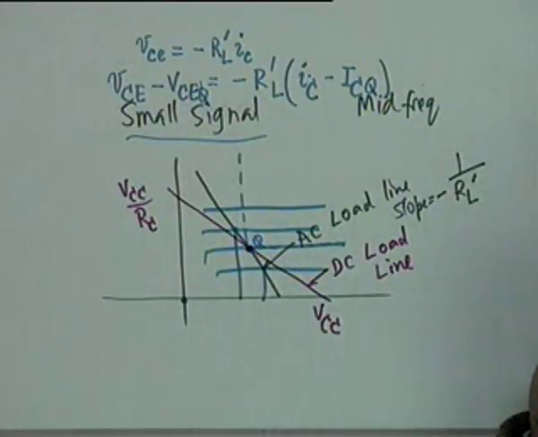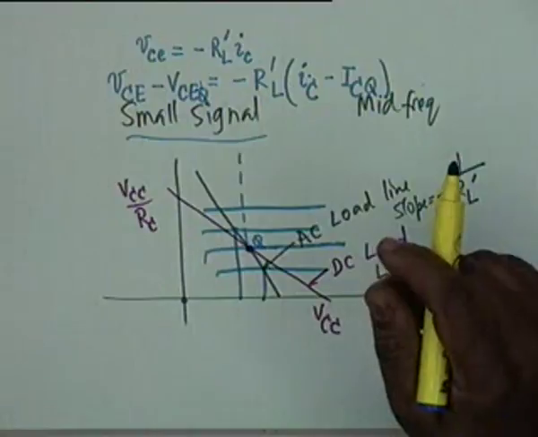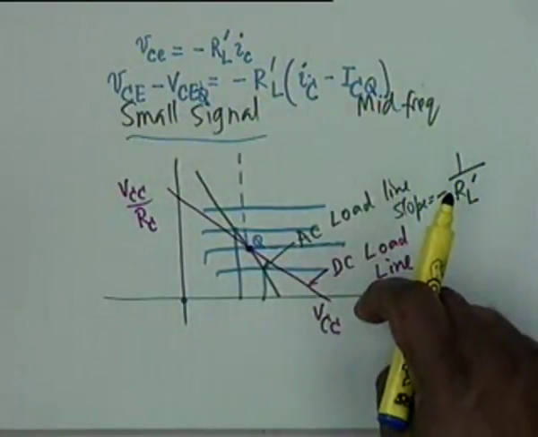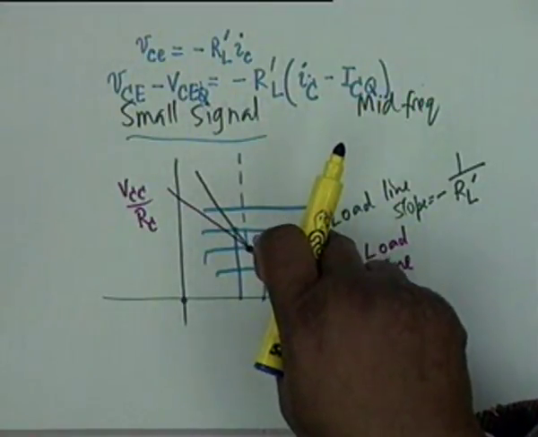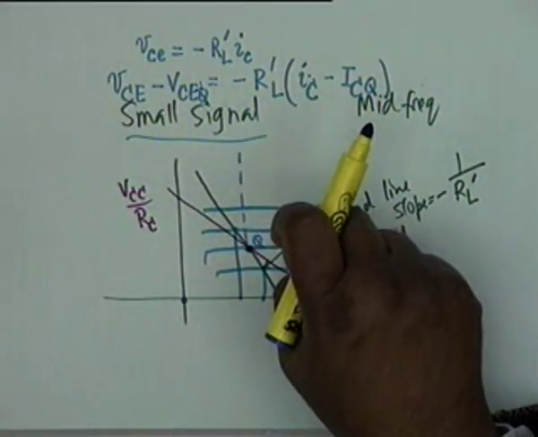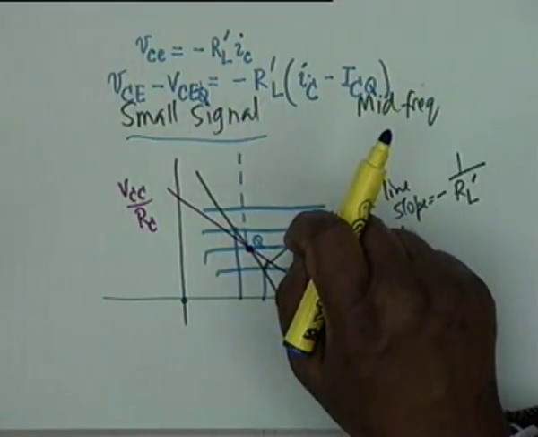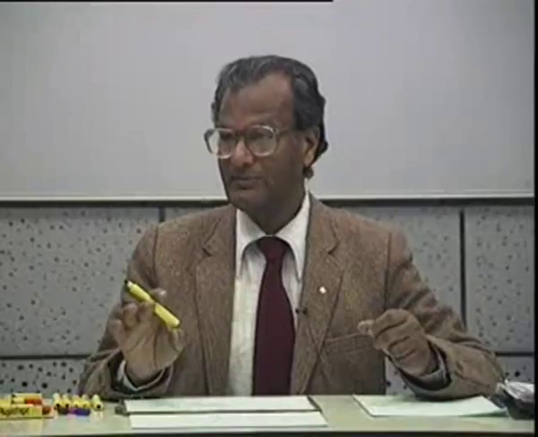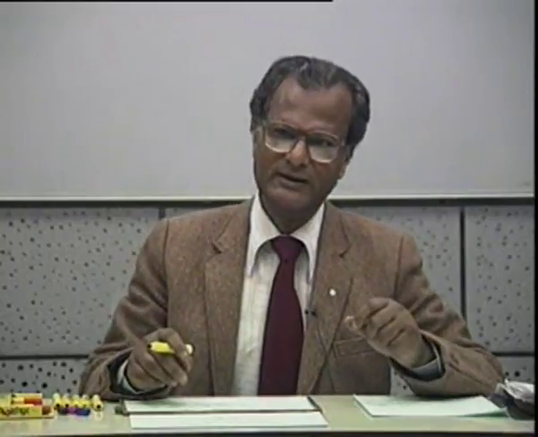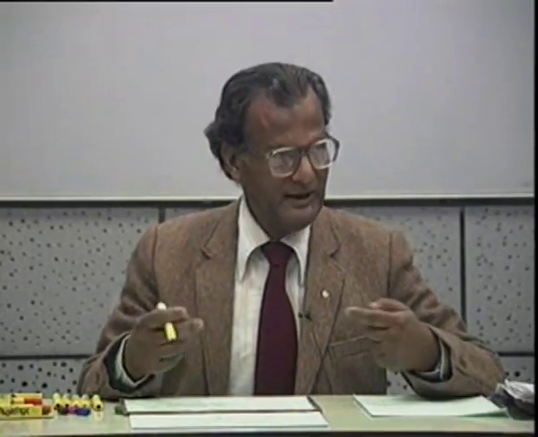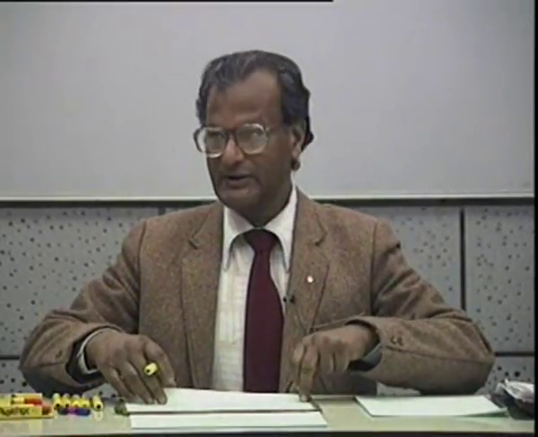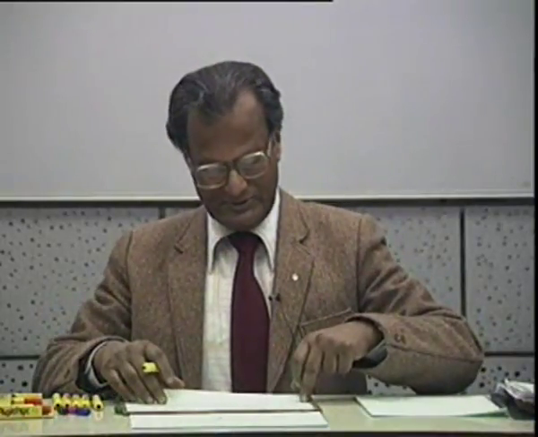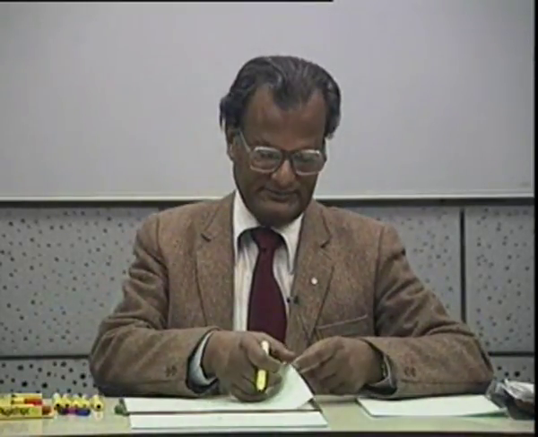If the excursions are large, for example in an audio power amplifier, then we shall have to go into nonlinearities, and we shall have to go into the actual characteristics to be able to analyze and synthesize such a power amplifier. Okay, that we shall come later on. But currently we confine to small signal, and small signal implies that the operation is linear. These two are almost synonymous, small signal operation and linear operation. Because of small signal, it is linear operation.